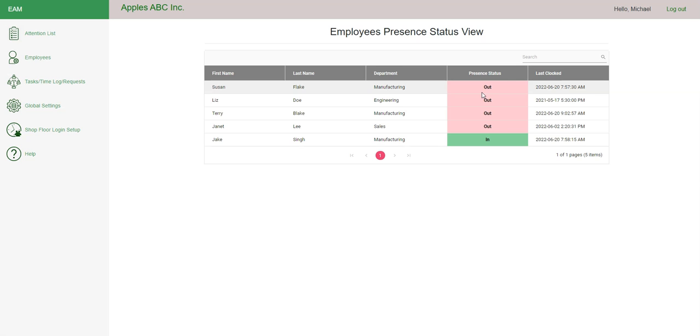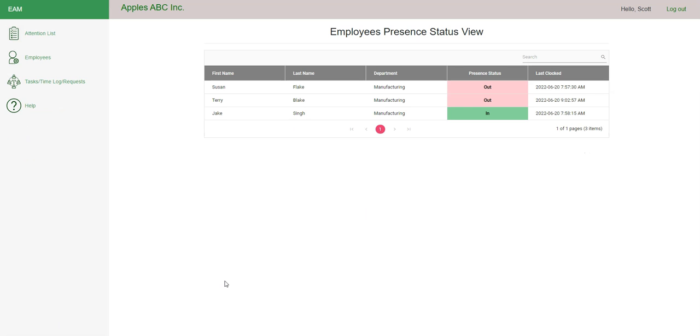Note: when logged in as the global administrator, all departments' respective active employees are displayed as per their presence status. When logged in as a manager, for their respective department or departments, only their employees' presence status are visible in this view. The fields indicate the employee's first name,